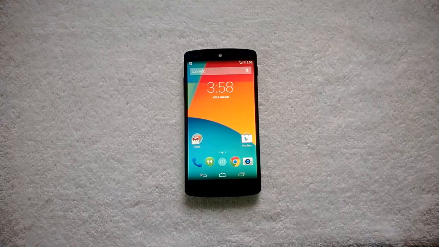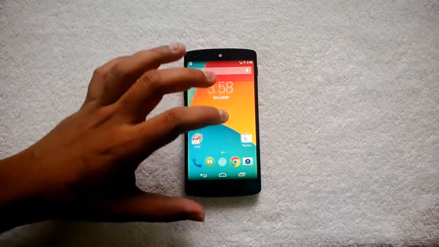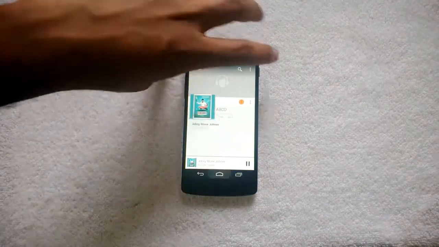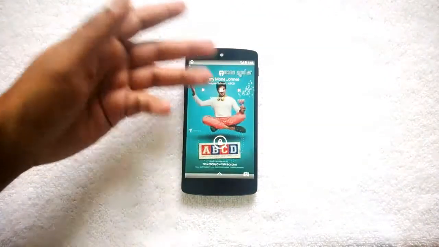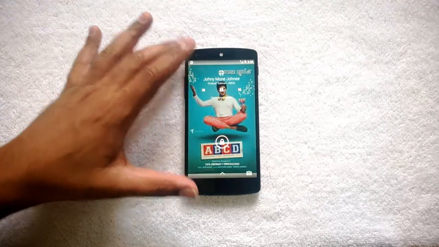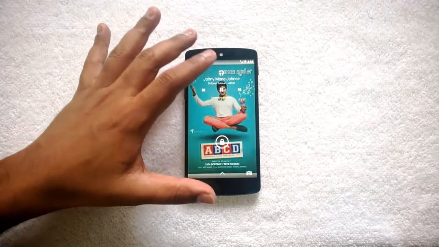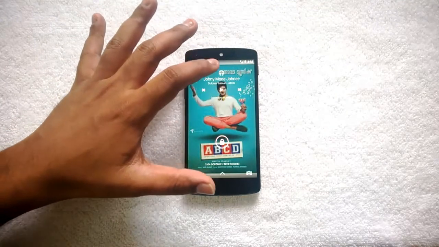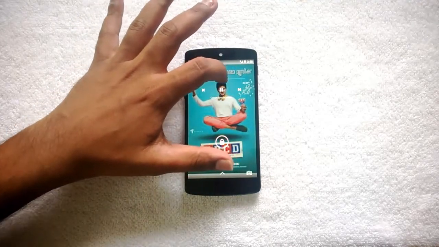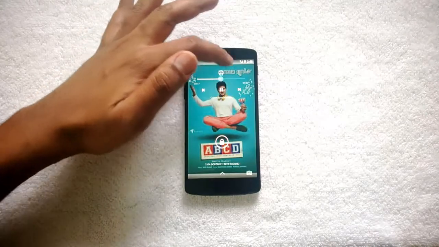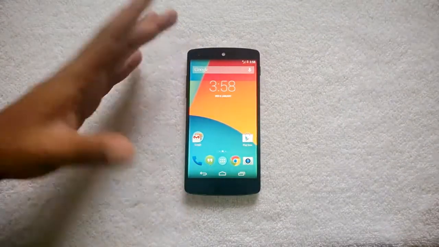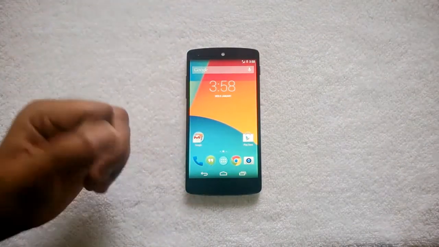Another feature of Android 4.4 KitKat is the music playback. Let's go ahead and play some songs here. We are just playing one song right now, and if you go to the lock screen, you can see the album art available there. This was not previously available in earlier Android versions. Now you can just swipe from here, and if you press and hold, you can select the song to go forward or backward, and you can pause or play from here. So this is the new change: the album art while playing songs on the lock screen.